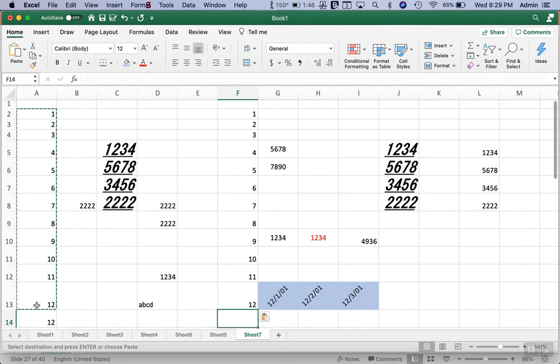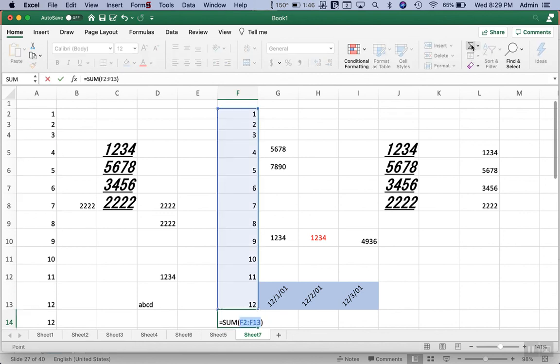But there's a feature on the ribbon up here at the top. It's at the end. You see a sigma. And if I hover over it, it says sum. And if I click this, it will automatically create the formula with the sum function built into it. And in addition, it will also make a guess and say, okay, what I will do is given what the